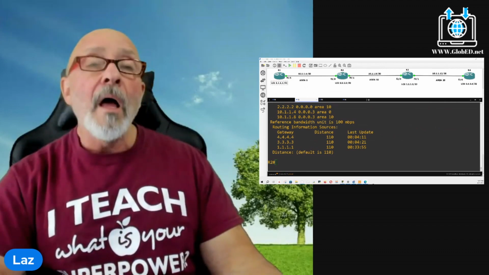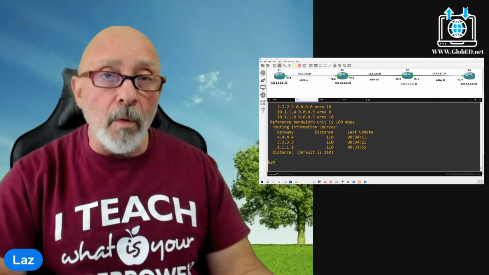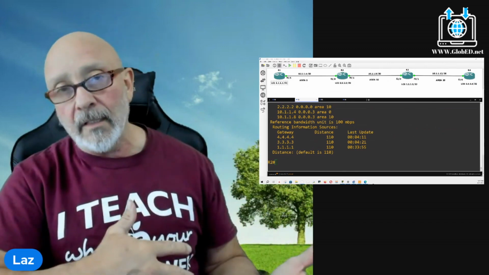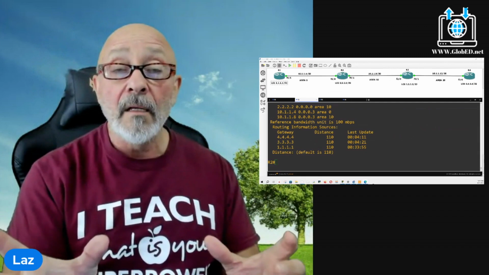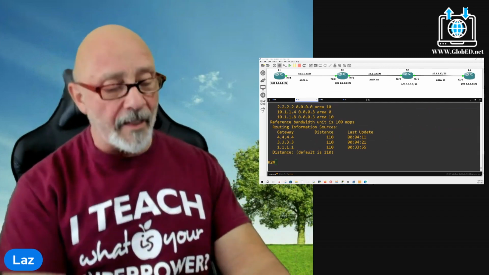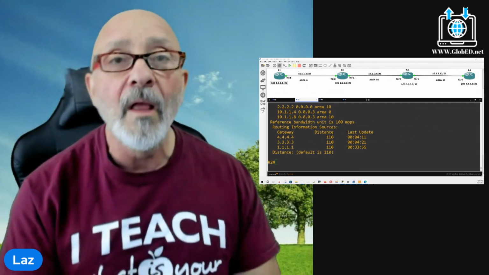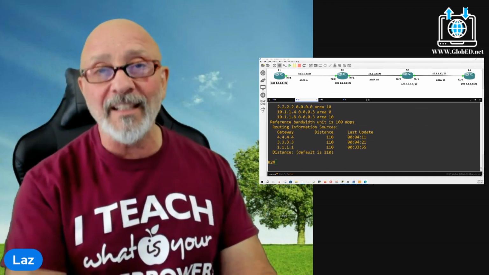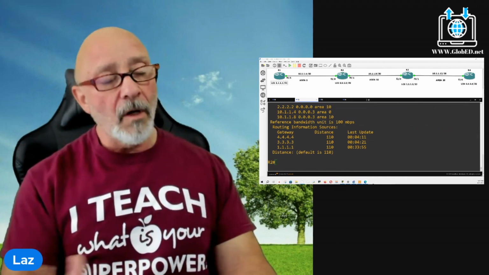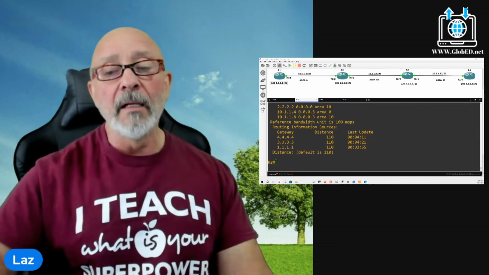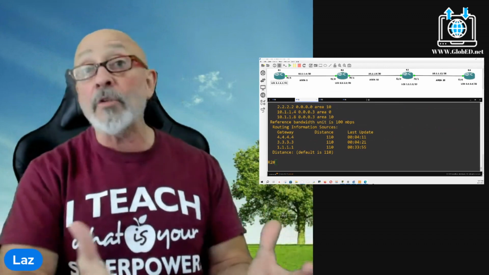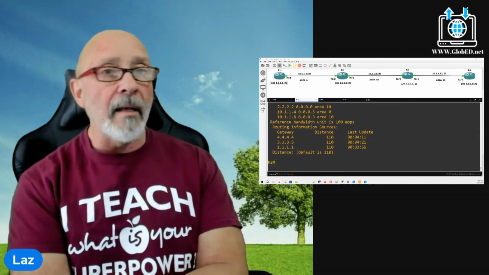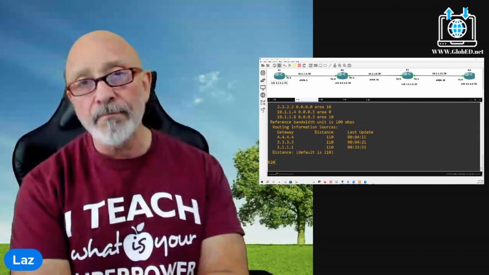So know how to create virtual links. Know the concept that if you're not connected directly to area 0, you need a virtual link to get across. And know the syntax, because people are like, I don't need to know the syntax, I got ChatGPT. No, you need to know. As one of my friends told me, now that you've got the syntax, what are you going to do with it? How do you know where to go? So know how to do this stuff, because when you're getting to a certain level in network engineering, you need to be able to do this.